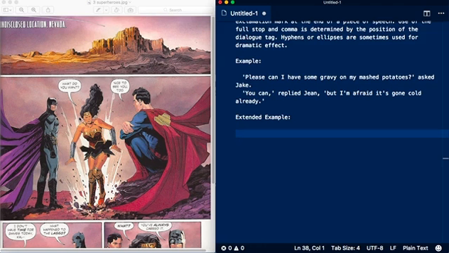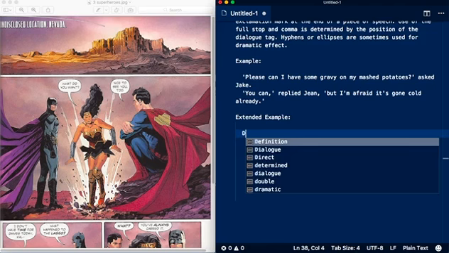Let's begin by giving some background to what's going on. Wonder Woman has flown in. We know the names of these characters, don't we? We've seen enough of these in the past. We know that Wonder Woman is called Diana Prince, Superman is called Kal-El, Kal-El from Krypton, and Batman, obviously, we know is Bruce Wayne. So let's use their real names in this short story. We're going to start by saying, Diana